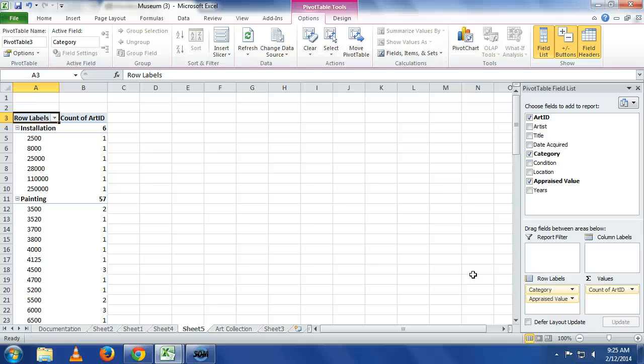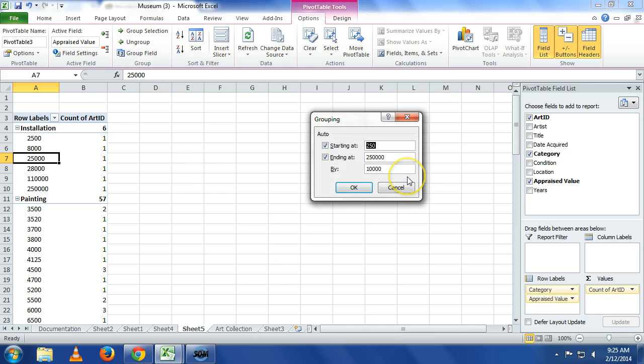Once again, that data is too what, Robbie? Granular. Yeah, it's too fine, too granular. So what are we going to do? We're going to group it. We grouped a date, and that was pretty easy to do because dates have a hierarchy to them: years, months, weeks, days. Numbers also have a hierarchy to them. So if we click on any of those numbers and go to group selection,